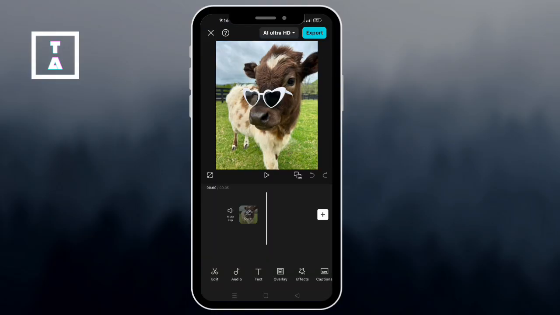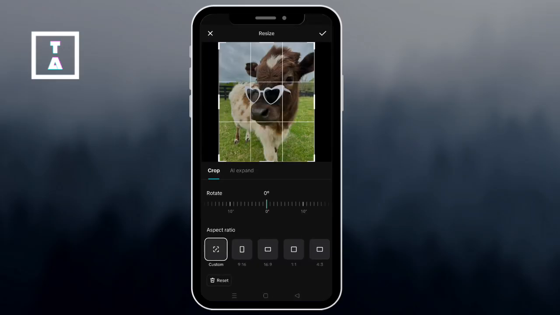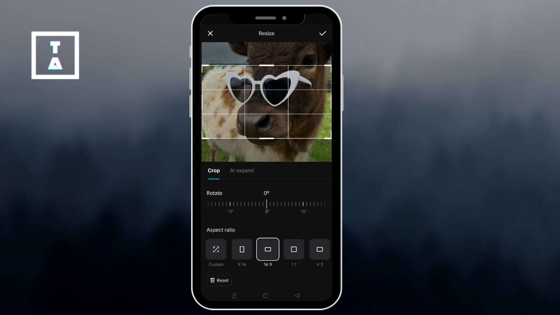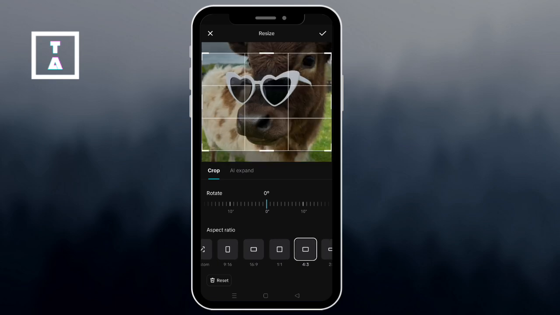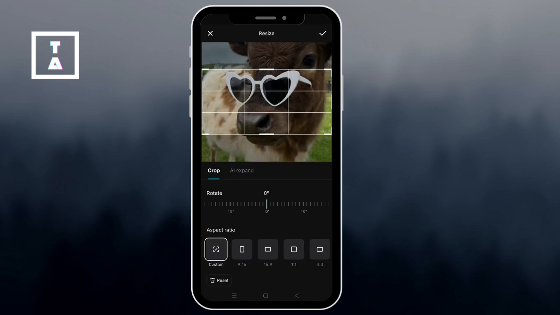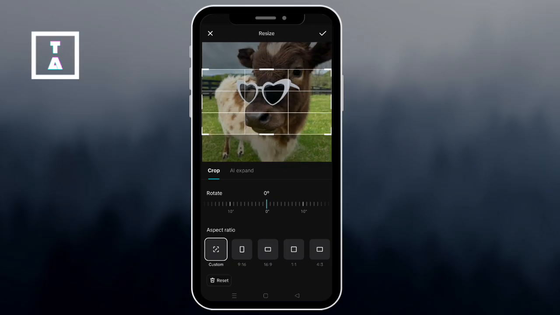Once your clip is on the timeline, tap on the edit option. Then tap on crop and you'll see different ratios like 9 to 16, 1 to 1, or 16 to 9. You can also manually crop by adjusting the corners and tap the check mark to apply